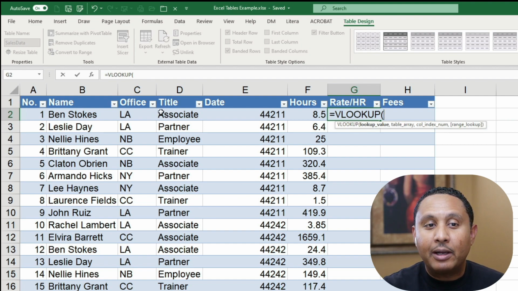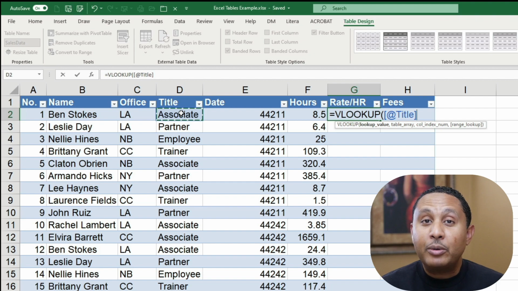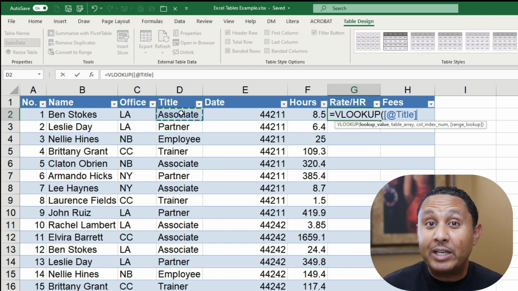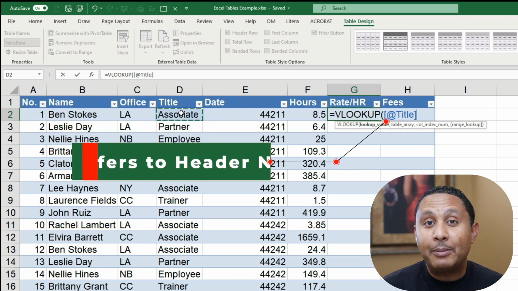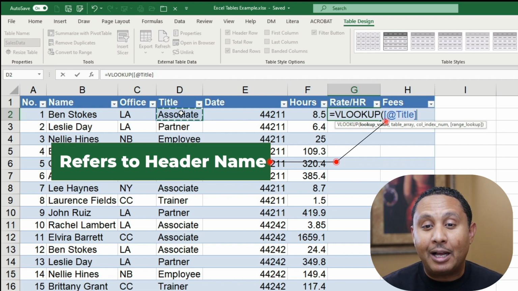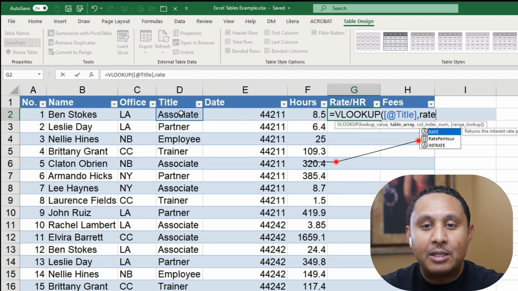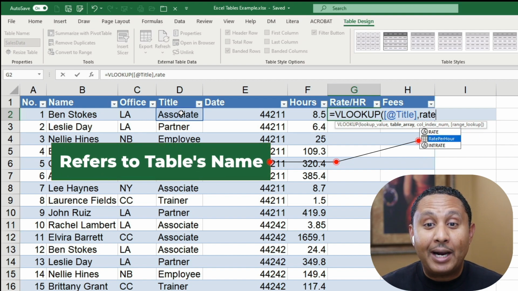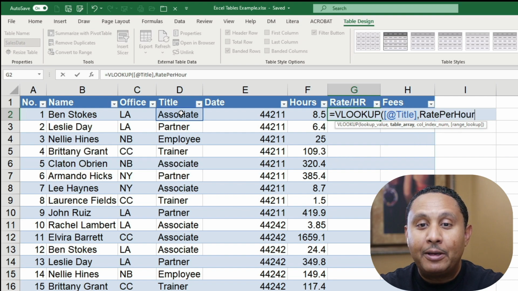Okay, so we're going to do VLOOKUP. We're going to click here on the title. Notice now, instead of Excel writing D2 in the formula as we'd expect, it actually refers to the column header name. That's another benefit or a feature of tables, is now you're referring to table columns based on the name of the column. So let's say we wanted to look at rate. The name of my other table is rate per hour. It's a rate per hour table. I can refer to that table by name. I'm going to press tab here, column 2, and false